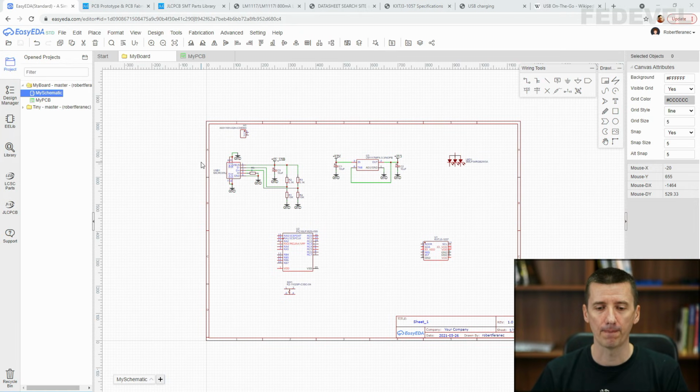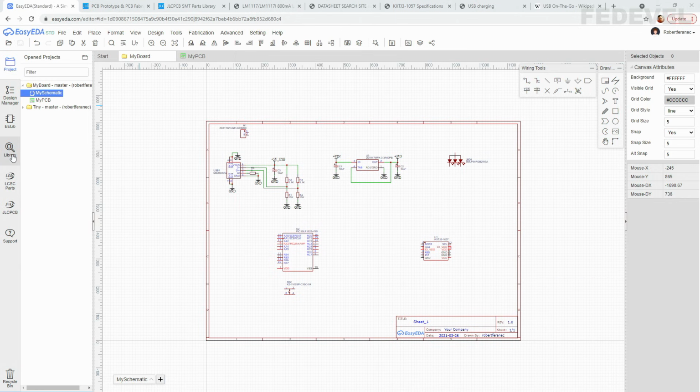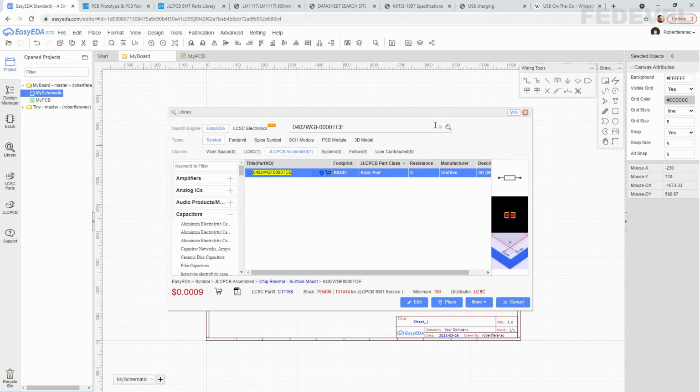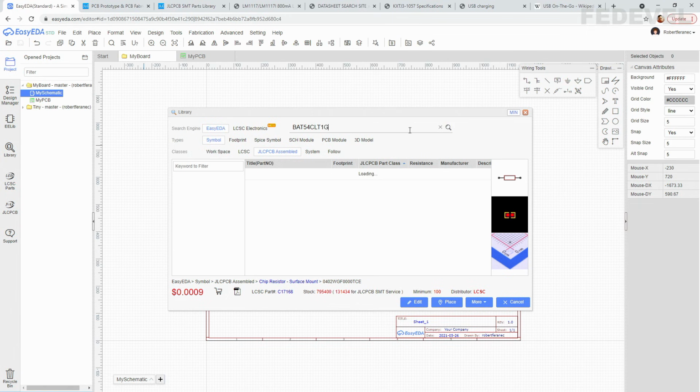And there is actually one special component which has 2 diodes in one footprint. I have used this component a number of times in my previous projects, and that's exactly what we are going to use also now to prevent this fighting. So let's go inside of the libraries and let's search for this special component. Click on library and search for this.